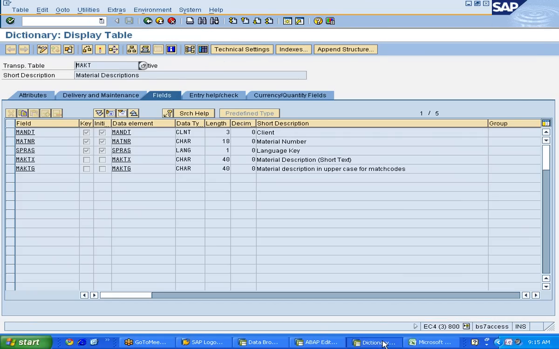Those fields present in MKT. The structure has these fields: MANDT, MATNR, PRAS, MAKTX, MAKTC. Okay, all the fields it will have. Yes. Okay, try to create some small programs and then